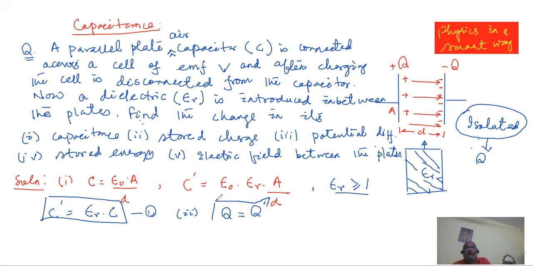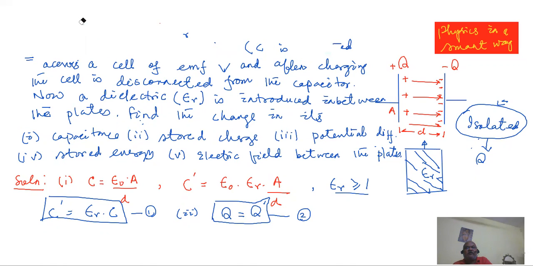If the battery would have still been connected and you introduce the dielectric, the case would have been altogether different. That is another variation to this question. So thereby the charge remains the same because the system is isolated. The capacitor is not electrically connected to anybody. Because the question has been with you for a bit of time, now I need to clear up some space and go for the other answers.